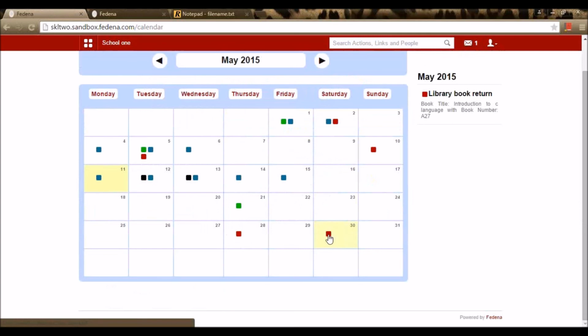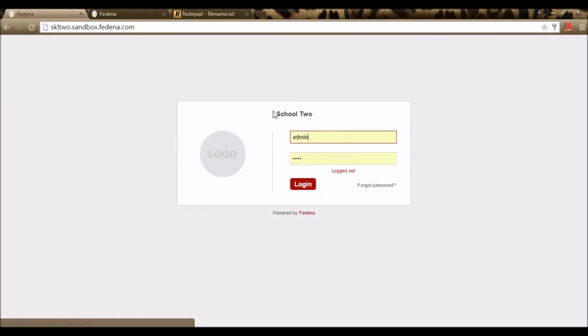So any dues that are automatically created in the finance module or fees module, those dues can be viewed here. These due options will be available as per the login. So let me log in as a student profile and I'll show you how the calendar looks.